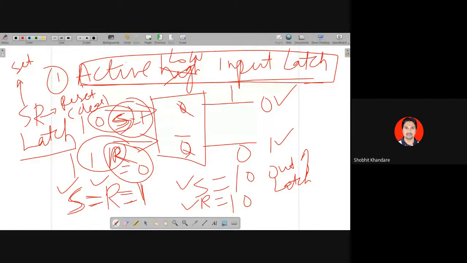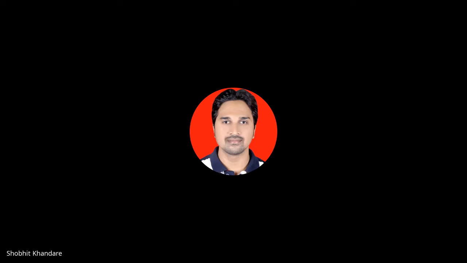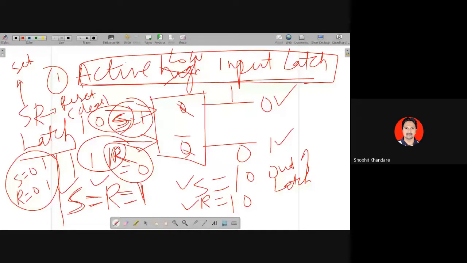Opposite to this, initially I'm writing down here. Initially your S will be 0, and in that case, if I want to change my output of latch, then either you make S equal to 1 or make R equal to 1. Then you will see the output of a latch will change. This scenario is called as active high input latch. इसका मतलब यही है, active high बोले तो initially 0 है,